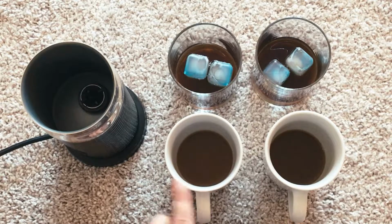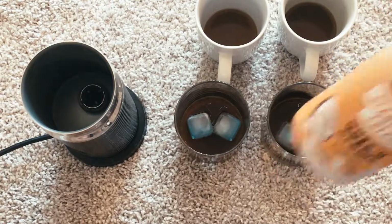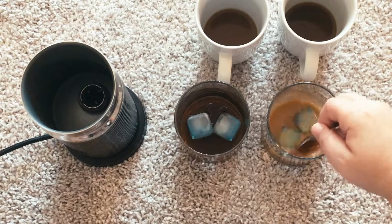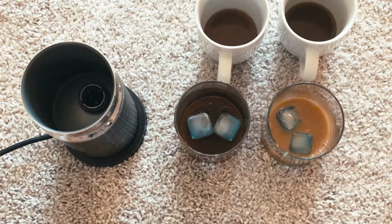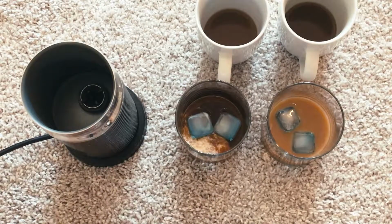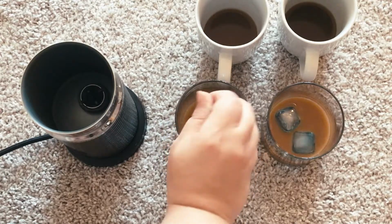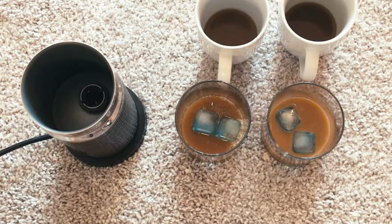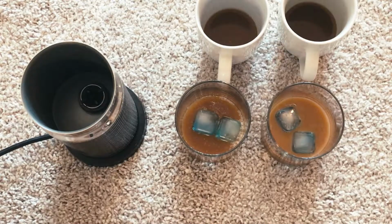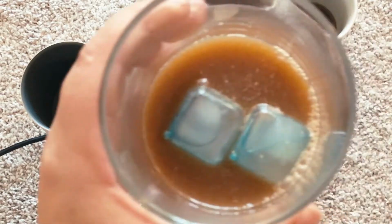So yeah, now let's go on to iced coffee. Again, starting with Mooala. Yes, looks so good. Now, Forager. Okay, yeah. I put a lot and it's still just significantly darker than the Mooala. And I don't know if you can tell, but